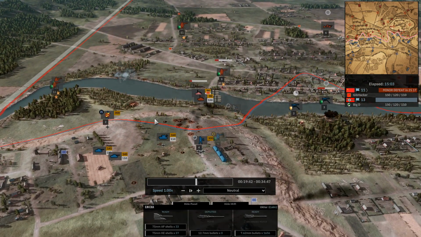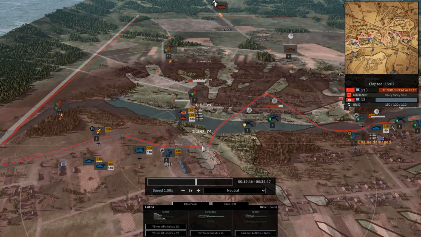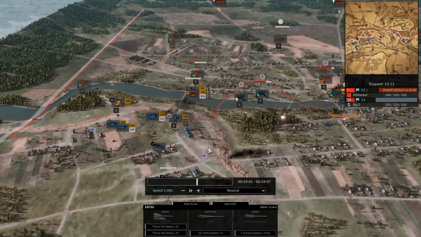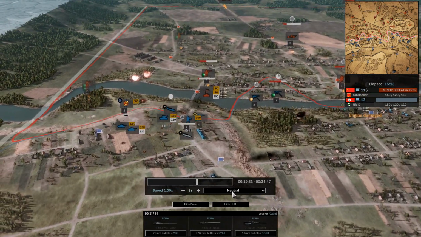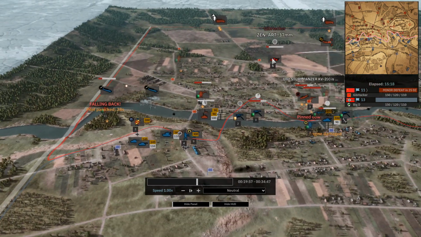Once you can knock out his 2 Shermans, you can just pretty much camp the crest of this ridge, and this is a fantastic point on the map which just allows you to shoot pretty much everywhere else. Don't think he has line of sight. Oh, no, he doesn't have line of sight on the Sherman, so he's just flying around willy-nilly and getting hit